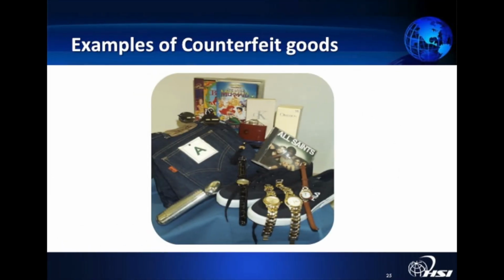Now here's examples of some counterfeit goods, and these are pretty obvious. But counterfeit goods could be consumer goods like these, but also industrial goods can be counterfeit. And the largest culprits are countries that are growing fast where protecting intellectual property isn't their largest priority, even though it should be. Maybe they don't have the resources to stop this, but countries like China, India, Russia, etc. have had some challenges with controlling counterfeit goods within their